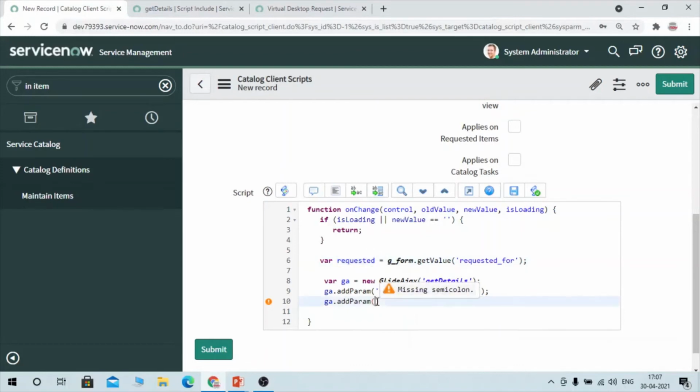So here I need to add the param requested for, and here I'm going to give this requested for value. You can even pass it directly here, not an issue. You can copy this one, remove it, and directly pass it here.